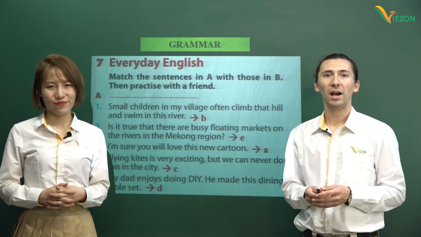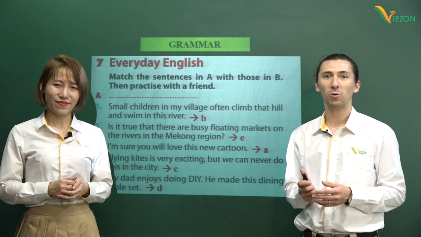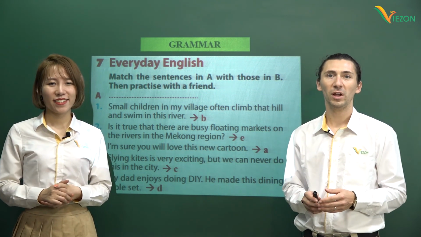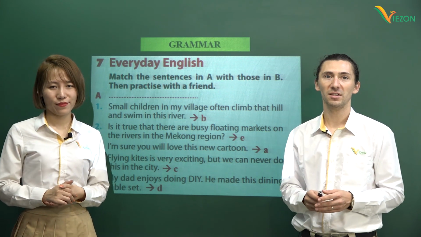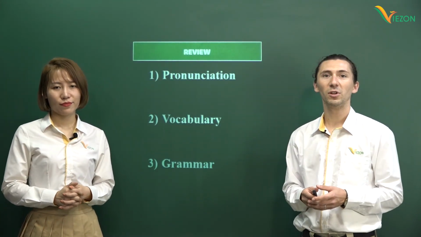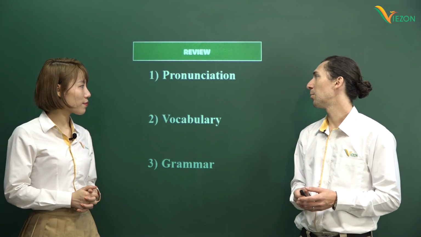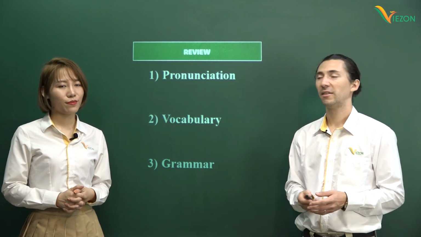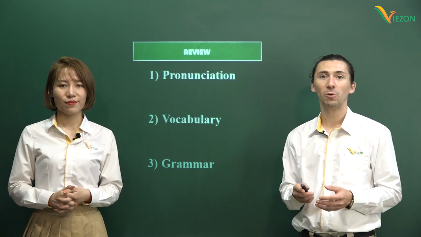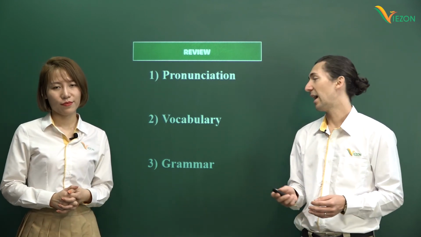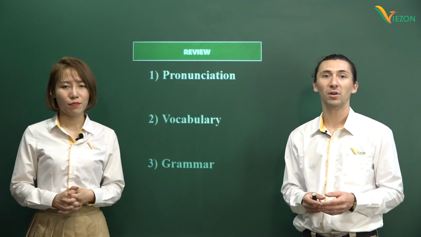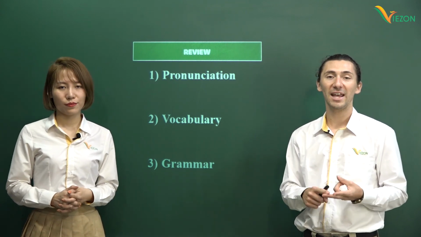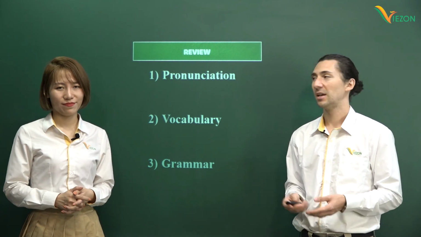So, how did you do? Did you match all the correct ones like we did? Good. So, with that exercise finished, we are finished with part 1 of this lesson. So, let's look at everything we looked at today. We started with some pronunciation with many different 2-consonant sounds. Then we practiced with a lot of vocabulary that we saw throughout the last 3 units. And the last part, we practiced a lot of grammar, focusing mainly on the comparative forms and also the articles a, and the.